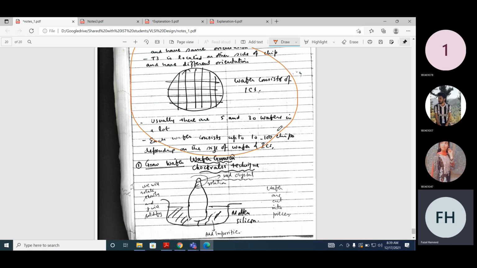Okay, it also depends on the size of the wafers and the size of your design. There are even different crystals. You may have one crystal, then another crystal. Each crystal is divided into different wafers, each wafer is divided into different chips, and each chip consists of different modules.